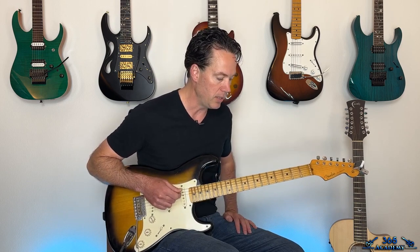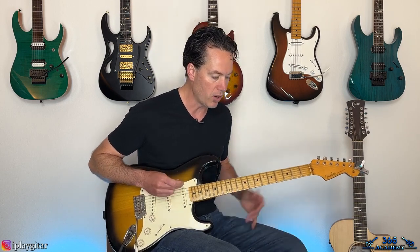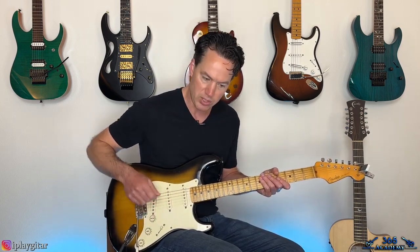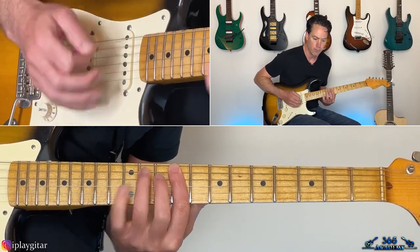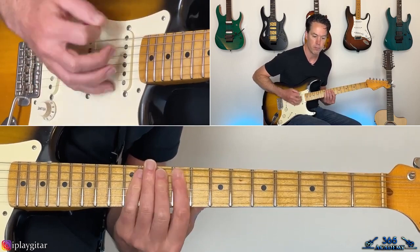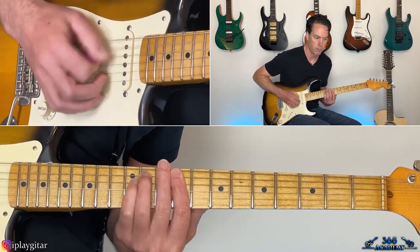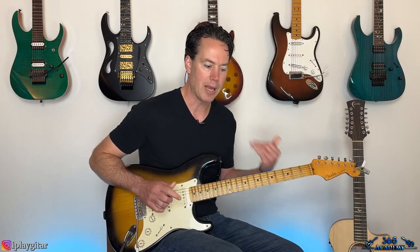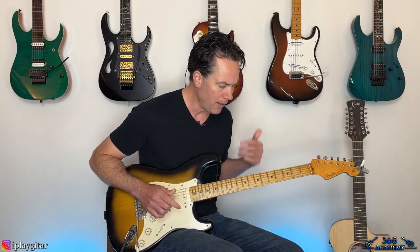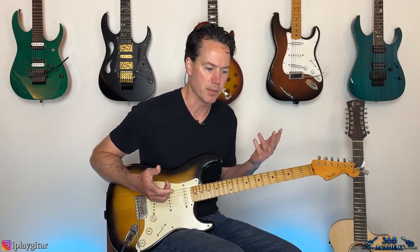All right, so let's jump into this. Now we're going to start here with this intro. So you're going to see when I'm doing this, we have that main riff, and then there's I think 3 guitar players in the band. So they come in and we start filling up the sound a little bit and have some of the bass notes added,